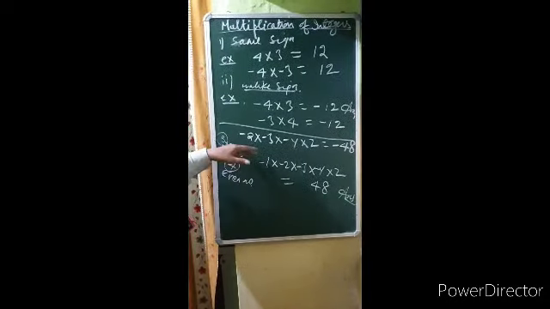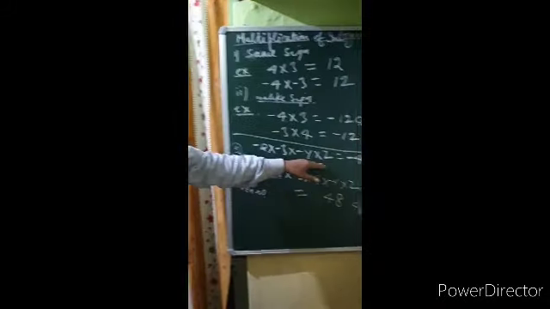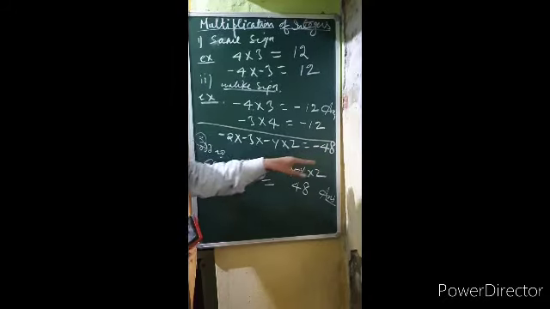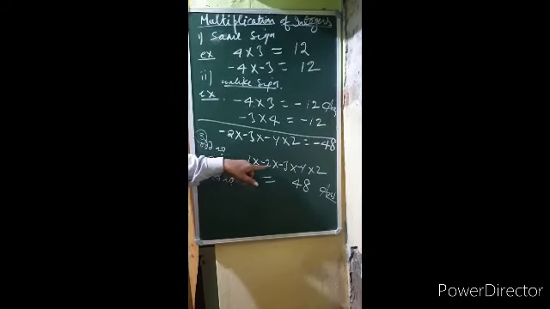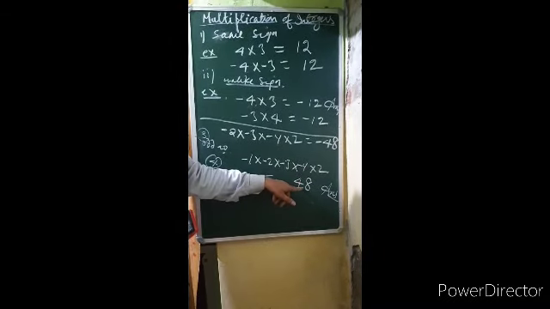Okay. Whenever you have an odd number of integers with negative sign, you will have to put a negative sign to the answer of multiplication. When you multiply integers with an even number of negative signs, you have to put a positive sign to the answer.